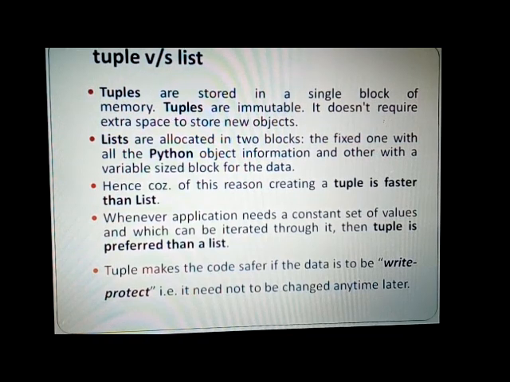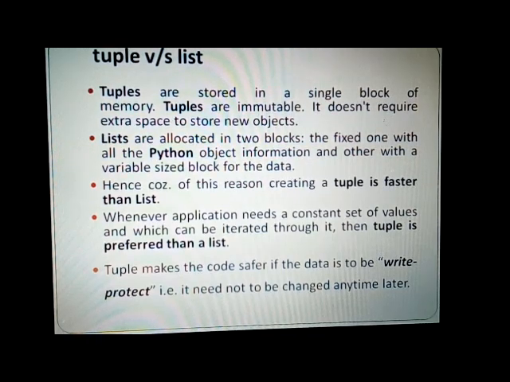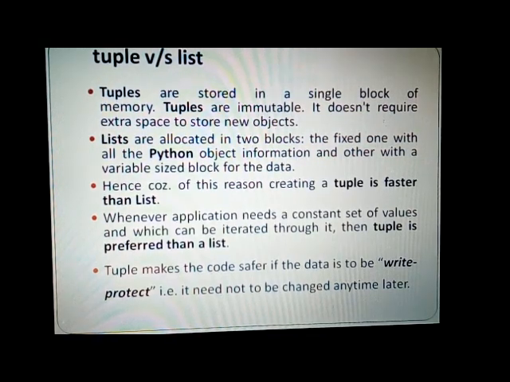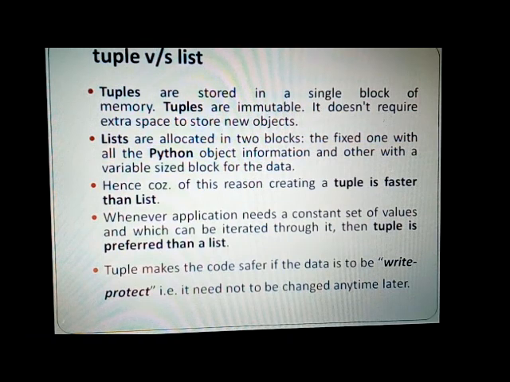Apart from that, if the data needs to be protected, that is, it need not be altered, in this context also you can make use of a tuple. Generally, whenever you have an application which says my data is write protect, you must have come across the term write protect, that is, I don't want it to be altered, then you can use a tuple in this particular context of programming.